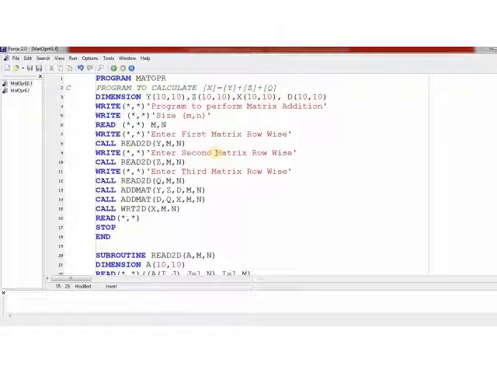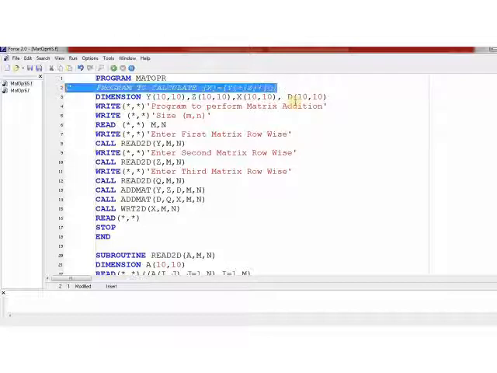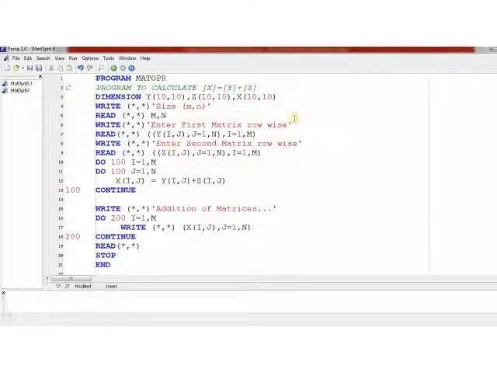After this, I can use the display routine to display the matrix. So only a very simple change is required if we are using subroutine subprograms. But if the same operation is required to be performed using a simple program which uses only a main program, then we will see that a lot of changes are required.